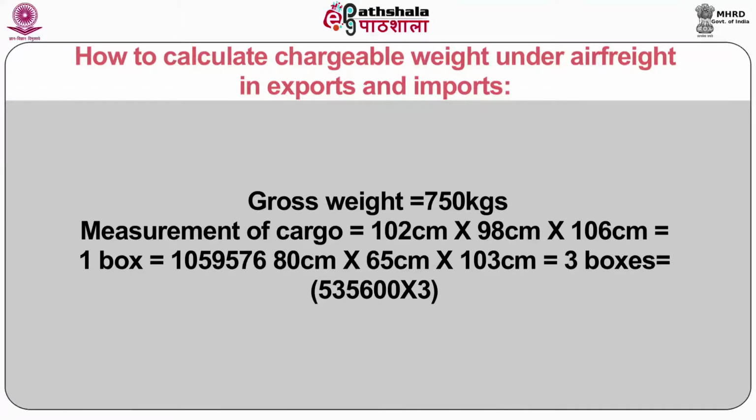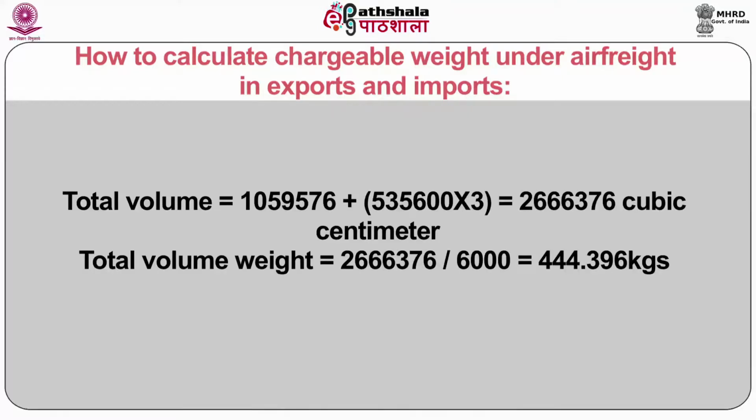Measurement of cargo equals 102 cm into 98 cm into 106 cm, equal to 1 box, equal to 1059576 centimeter cube. 80 centimeters into 65 centimeters into 103 centimeters, equal to 3 boxes, equal to 535600 into 3 centimeter cube. Total volume equals 1059576 plus 535600 into 3, which equals 2666376 cubic centimeters. The total volume weight equals 2666376 divided by 6000, equal to